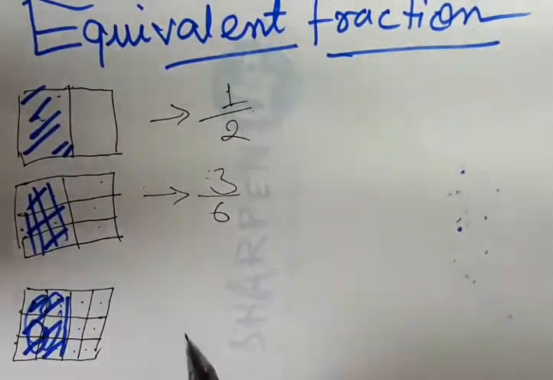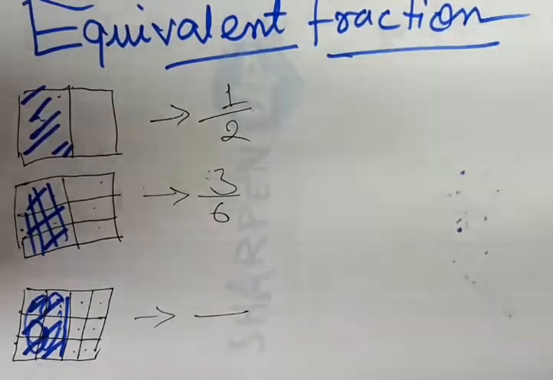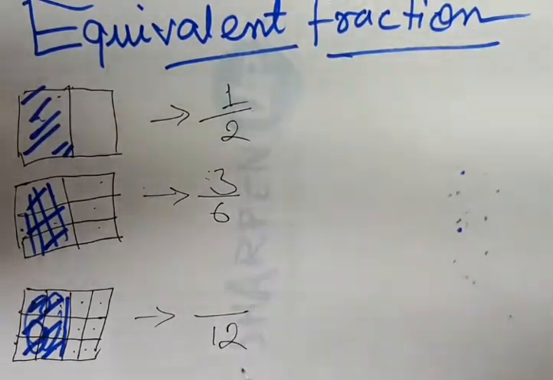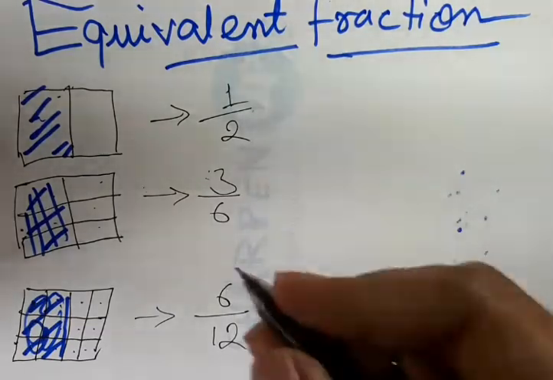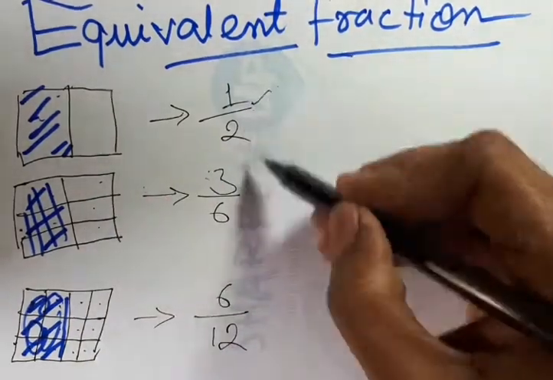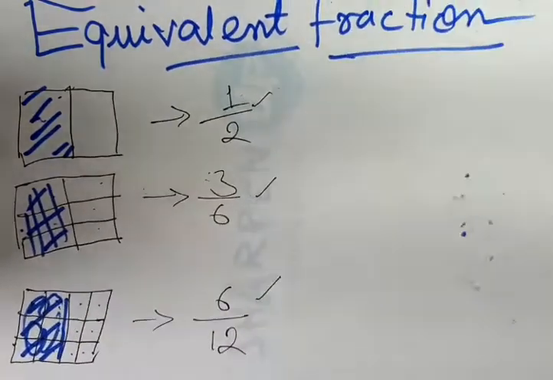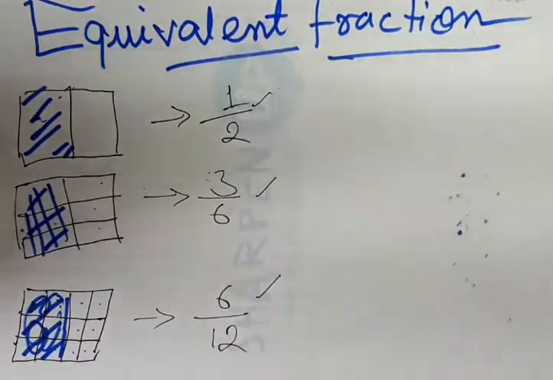So if I have to represent this time as a fraction, how will I represent it? I will write in the denominator how many parts I have made, 12, and how many parts I have to consume for making it half, obviously 6. So what's happening here? We are representing the same burfi with different fractions. One time I write 1/2, 3/6, 6/12. So these all represent the same quantity but with different numbers. These types of fractions are called equivalent fractions.